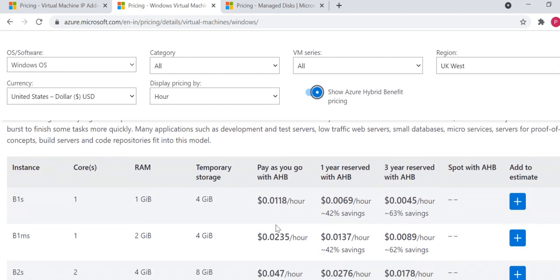Then apart from the virtual machine pricing, there are other resources as well. So for an example, we have IP address. So whenever we create an Azure virtual machine, the wizard will always create a basic dynamic IP address for us associated with that virtual machine creation.